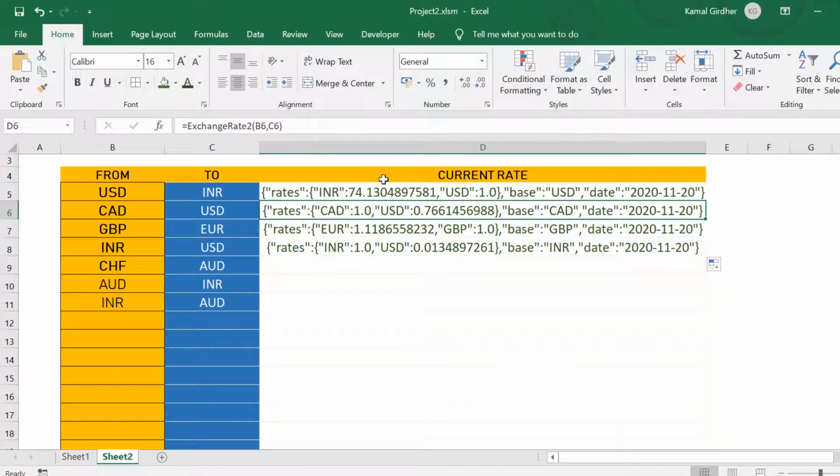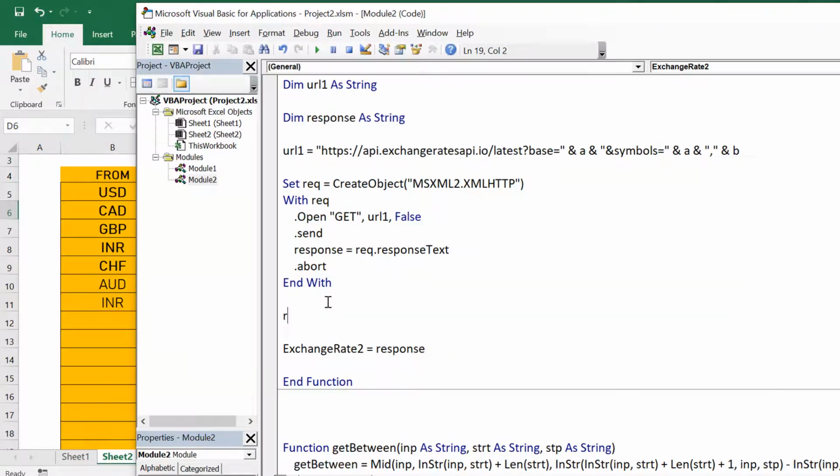So this is different. So what we need to focus on is finding the value between the currency that we are targeting and the comma, because the comma comes between the first and second value as well, and after the second value as well.